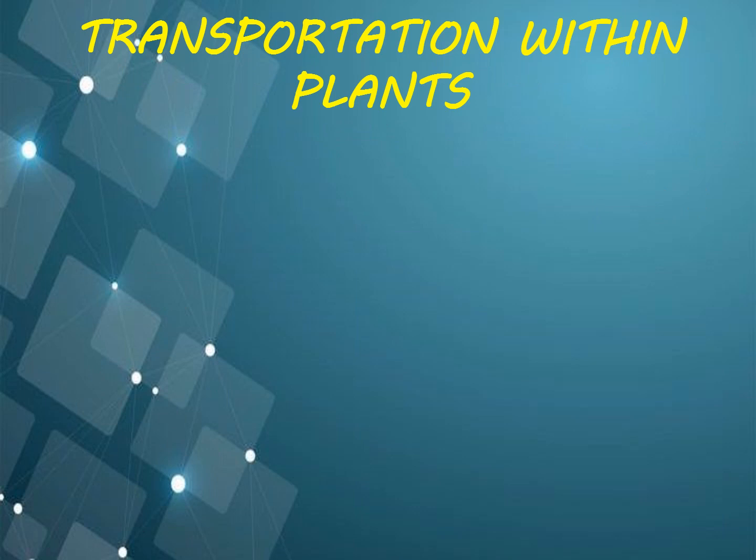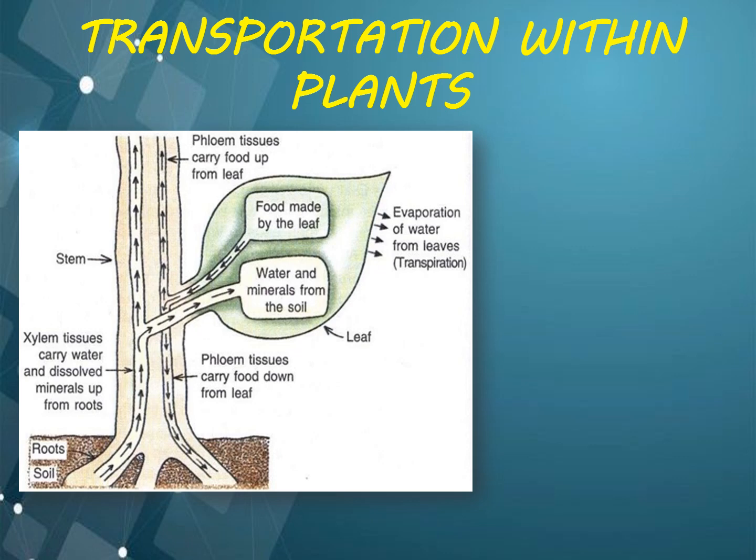Dear children, in this session, I would discuss transportation within the plants. In the previous sessions, we have discussed that there is a vast transport system which continuously supplies nutrients and oxygen across the animal body. But do you think there is any such circulatory system that circulates the nutrients among the plants also? In the previous classes, you have learned about Van Helmont's experiment on plants, where water contains minerals required for plant growth.